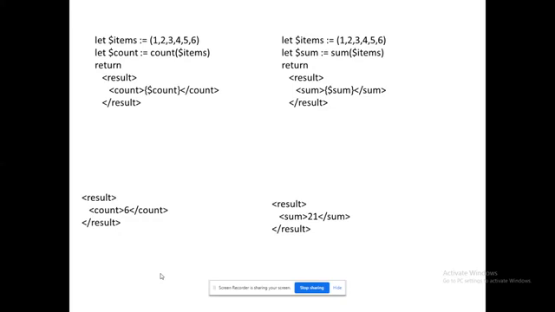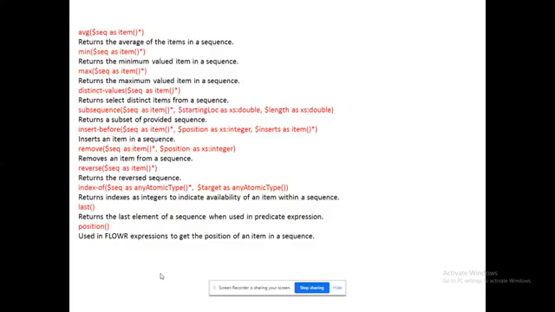Okay, so these are some of the interesting built-in functions. That's what our sequences offer. Likewise, this is a complete list. Whatever we can use with our SQL, everything is applicable here. I can perform average, minimum, max, distinct values, nothing but the unique. Okay, I can do that. Subsequence, nothing but the string substring. Okay, insert before, so I can insert before the specified location.